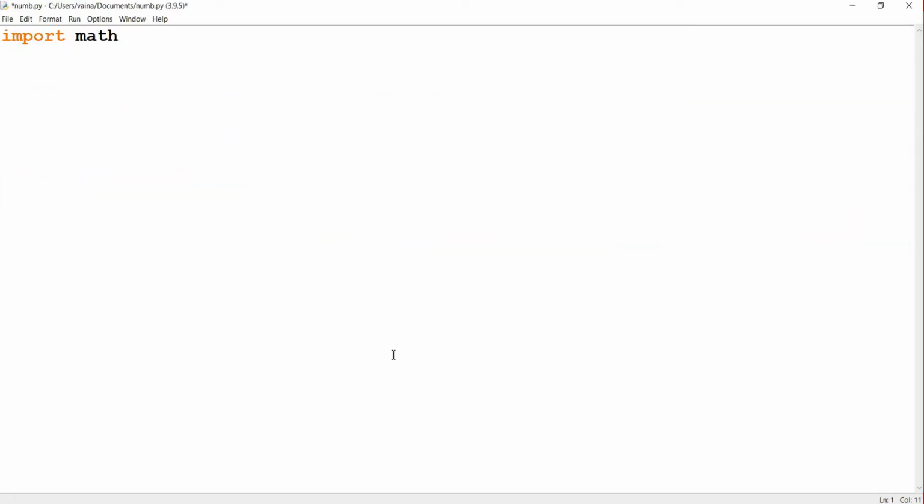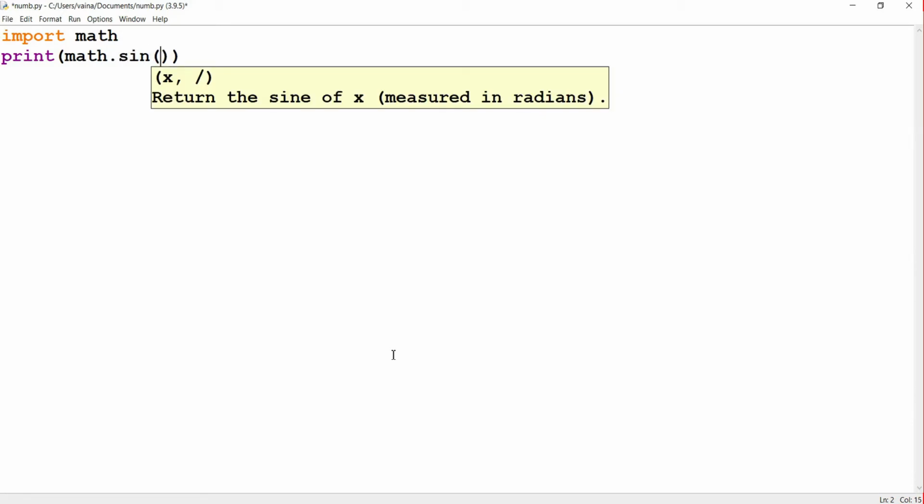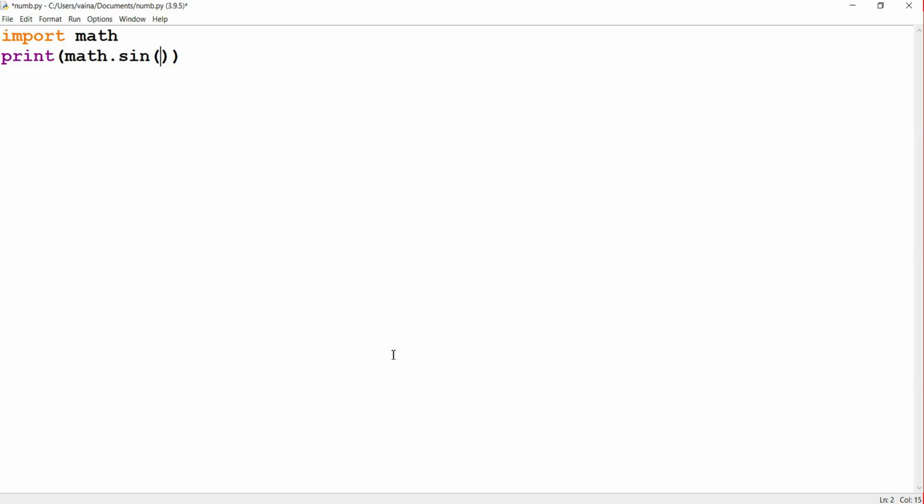In the math module we can also perform other mathematical operations like sine. Let's do the sine operation. This is math.sin of 2 times math.pi by 180.